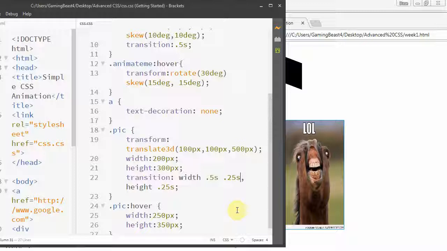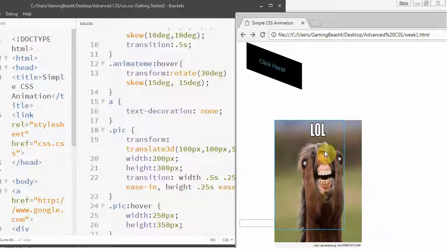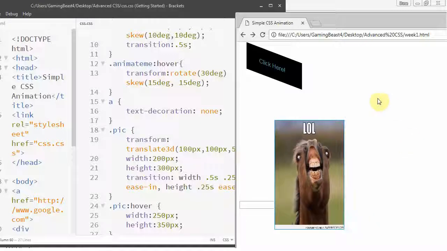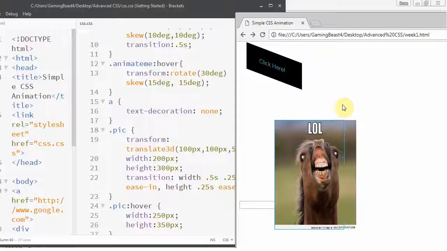Now, you can also define transitions. So I can say I want this to ease in. And I can say right here, I want this to ease in as well. So it starts out slow and then goes faster and eases in, and then it starts slow and kind of goes in,